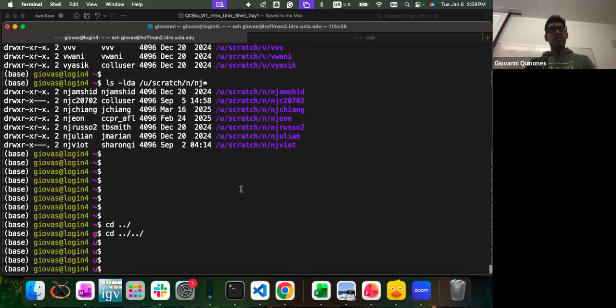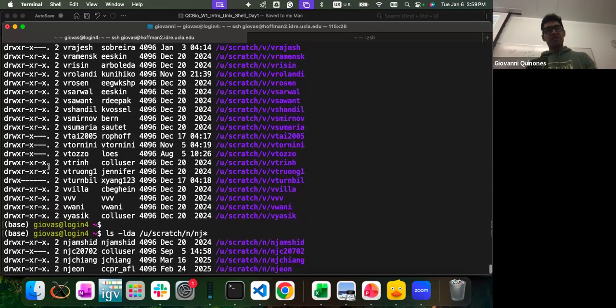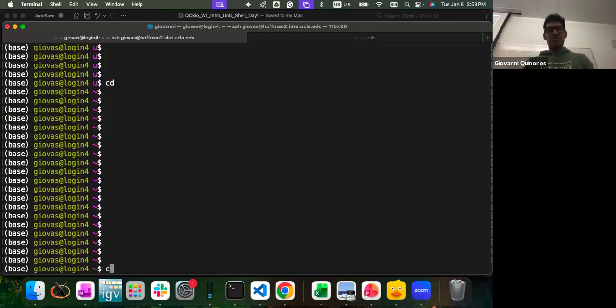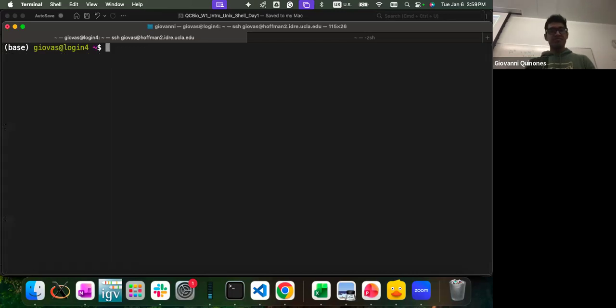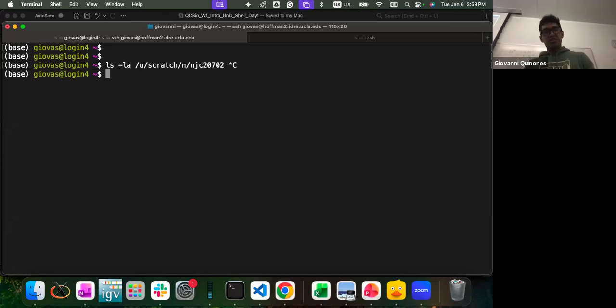But if you have already typed a lot before, or you have very long output like this, one convenient command is clear. So you clear all the previous commands. And the good thing about clear is that you have a clean screen, but you can still scroll back to your previous lines of code, so you don't lose the history.